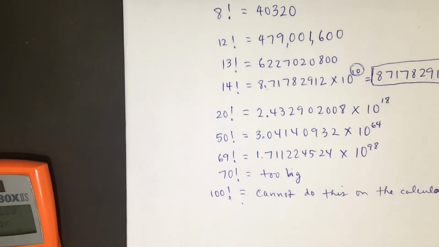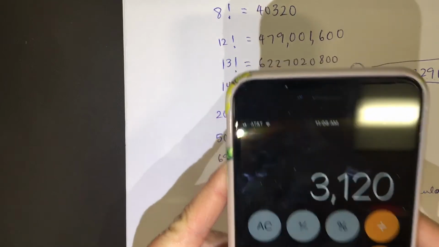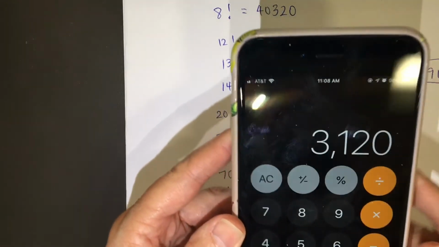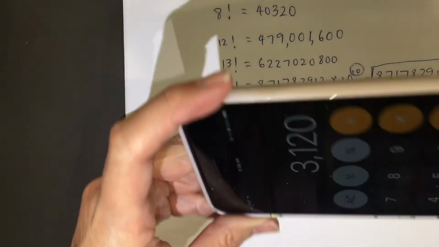Now, it is likely that the calculator on your cell phone would do 70 factorial. Can I borrow yours and see? Can I put it on screen? As mine is my recording device? Thank you. We'll check this out. Okay, on this kind of calculator, this is a little bit more powerful than your handheld, the one you can use in the testing center. Now this is your regular 4 function, but if you turn it,